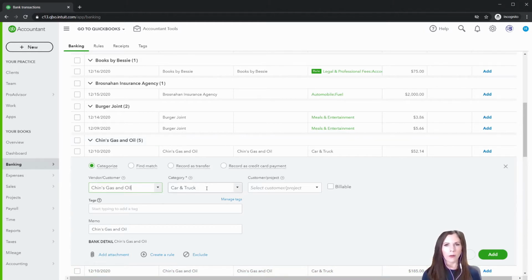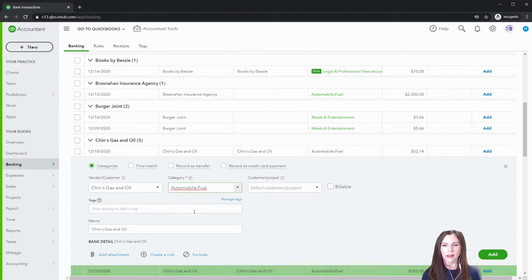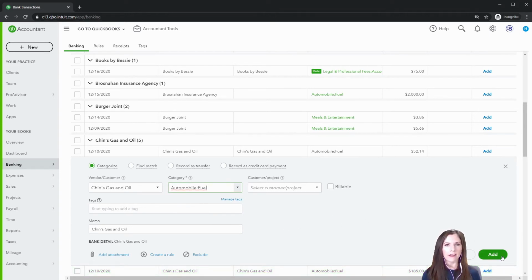Now we're going to come in and we're going to categorize. So I know that Chins, Gas, and Oil is a gas or a fuel charge, and we have fuel in the system as a chart of accounts. So we will go ahead and click on that, select that, and we could click Add at this point, but we would not have established a really great process for ourselves in the future. We would have to come in and select vendor every time and select the category every time, or rely on QuickBooks automation to hopefully pre-fill that for us every time,